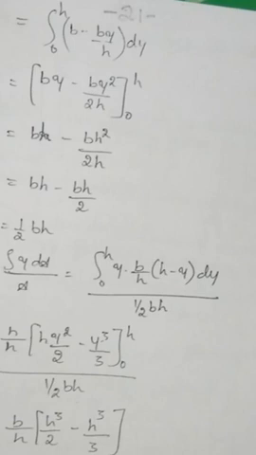Okay, in the top. So now next I have to integrate. b is a constant that comes outside with respect to dy. If you integrate dy, you will get y. Next, minus b by h, it is a constant, it will come outside. So y with respect to dy, if you integrate, you will get y square divided by 2. So you will get y square divided by 2, and you can see it in the below equation.